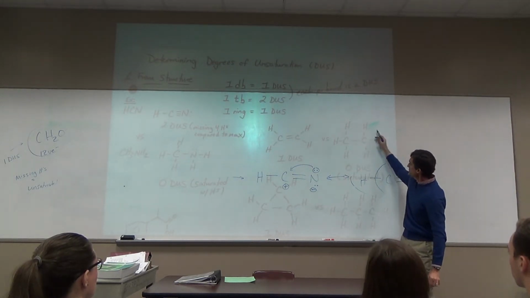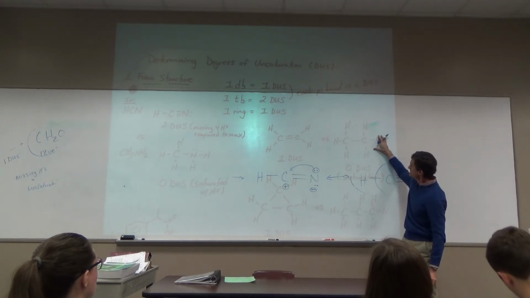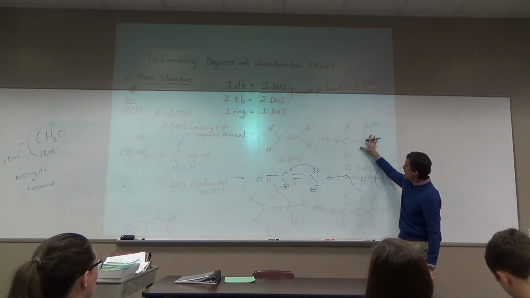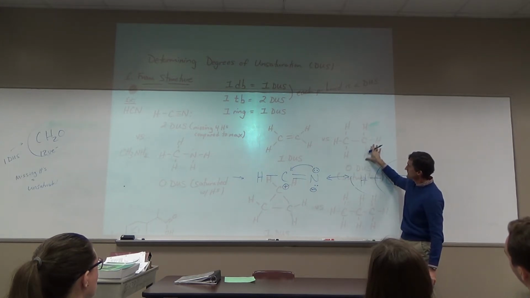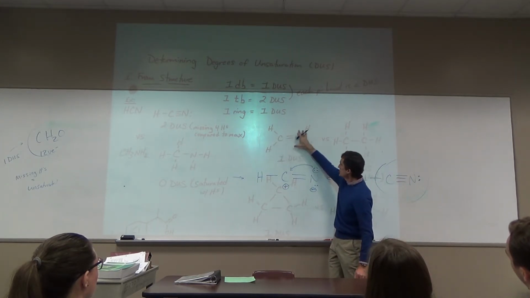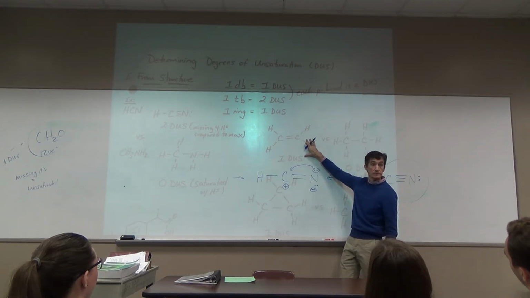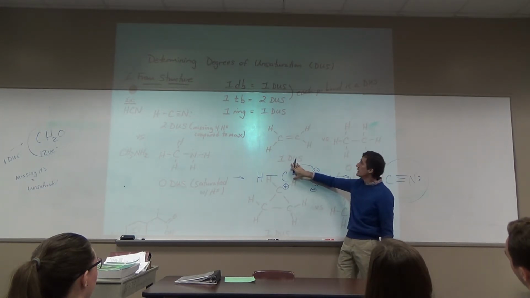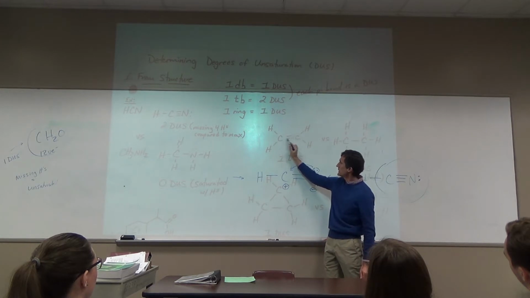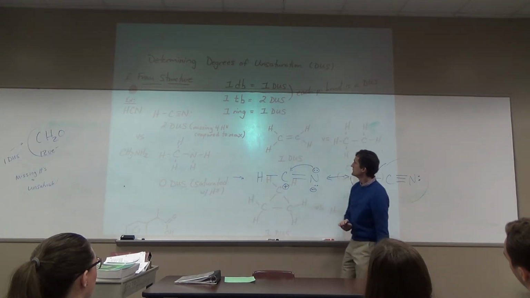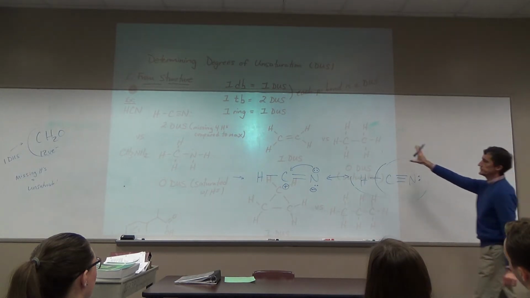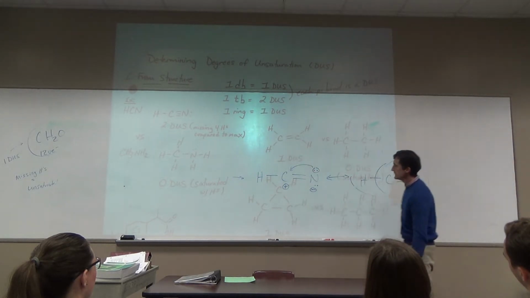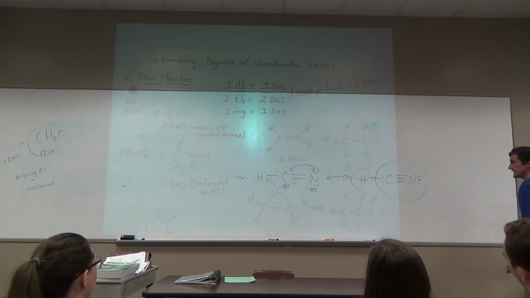This structure is saturated. No pi bonds. All the valences are filled with hydrogen. For 2 carbons, we end up with 6. But here, for 2 carbons, we only got 4. We're missing 2. That's a DUS. We also can tell because there's a pi bond here. It has to be there to come up with a good structure. Saturated, this would be called an unsaturated compound. Also for rings,